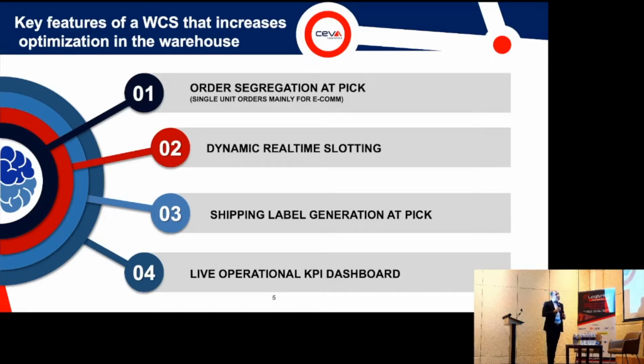So the first one is the order segregation capability. A lot of WCS in the market just get the data from the WMS and pass it through. But what is important, especially in e-com,